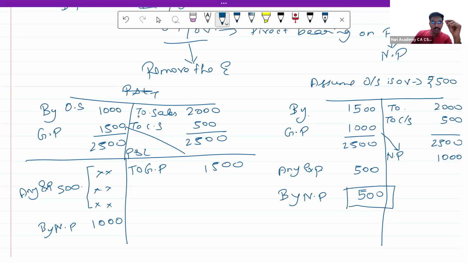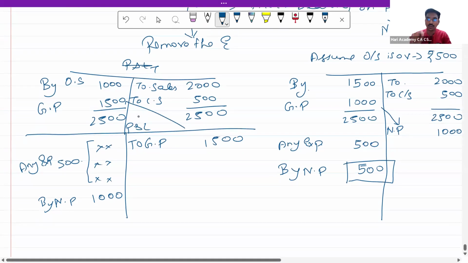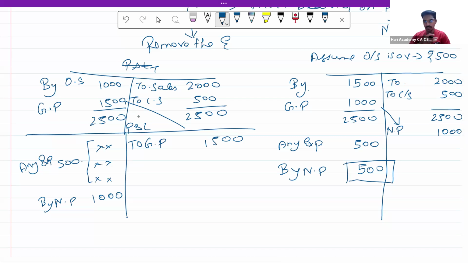So if the opening stock is overvalued or undervalued, or your closing stock is overvalued or undervalued, that amount is going to have a direct bearing on your net profit. So whatever is the difference which is arising due to this overvaluation or undervaluation has to be removed in entirety to arrive at the proper profits. In income tax also, stock is to be valued at lower of cost and NRV. There is no doubt to it. It is to be valued at cost. If it is overvalued, the effect has to be removed from net profit.